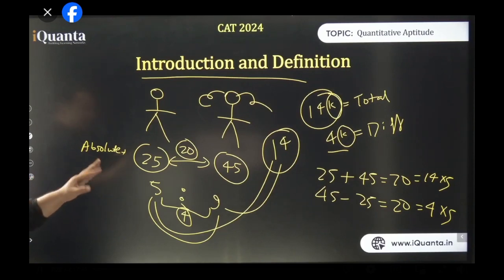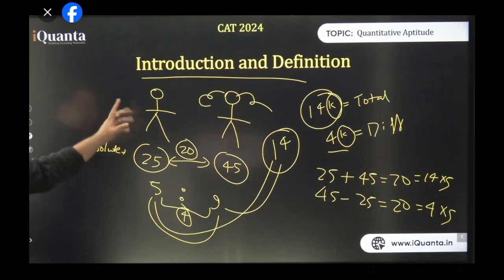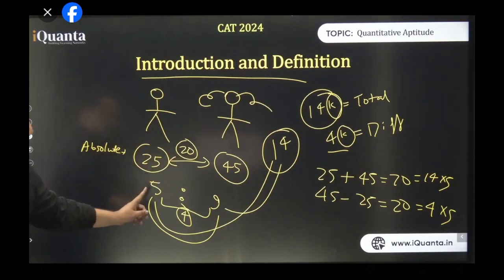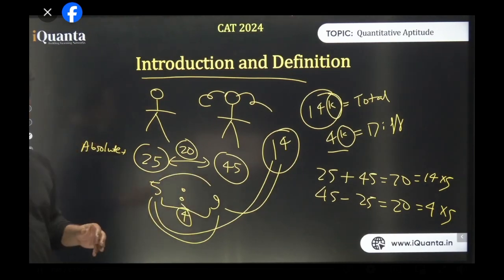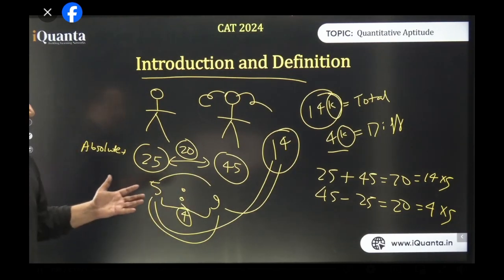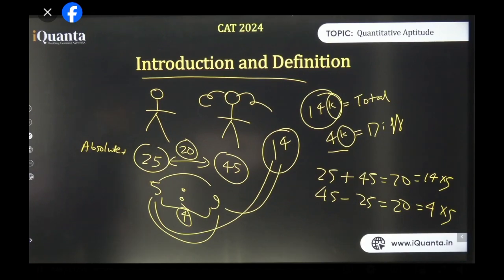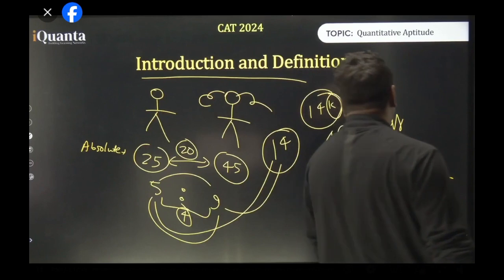Yeah, Sonia just told that the boy has 25 chocolates, girl has 45 chocolates. So total number of chocolates will be a multiple of the sum of 5 and 9, and that is 14k. And the difference will be a multiple of 4, like 9 minus 5. I think all of you got it now. Okay. This is the most important thing that we need to understand.